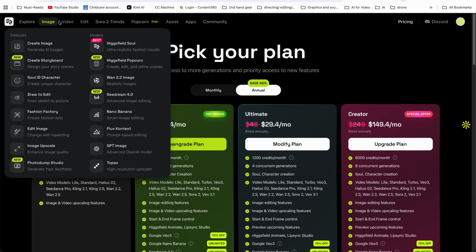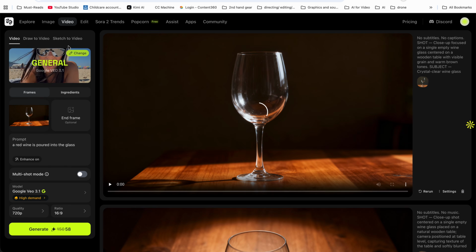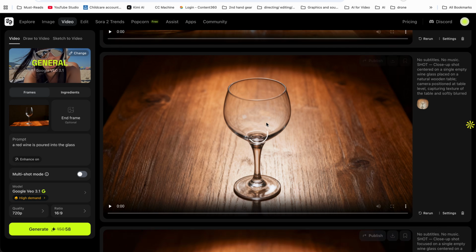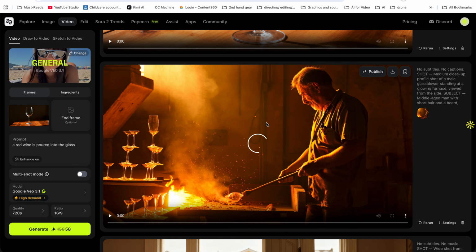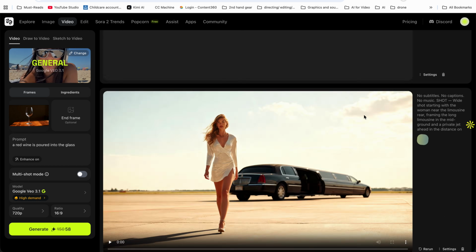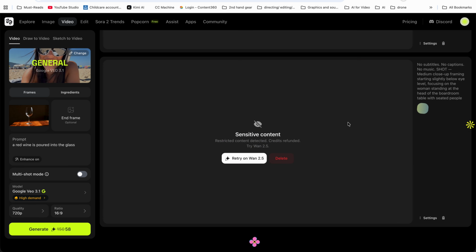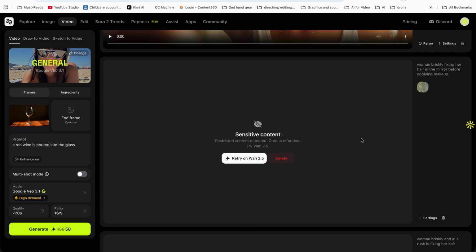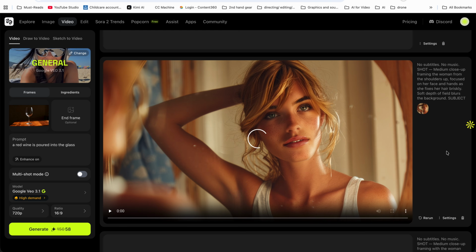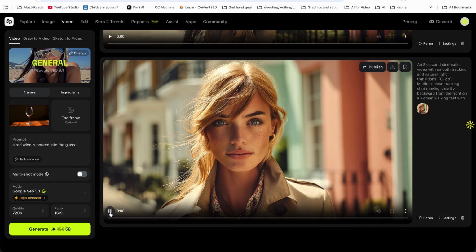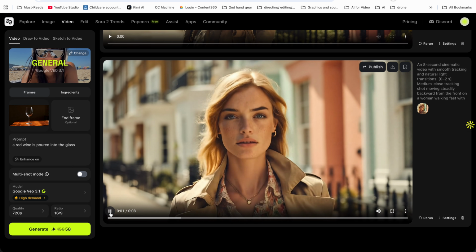And Higgsfield gives you a lot of functionality, a lot of features. And this is for another project, will be for another video on how you can actually use AI for real life projects. Anyway, back to the video. And as you can clearly see, I started generating a lot of the footage here, okay? And I wish they would have a grid display and you don't have to go one by one through all of this. And as you can clearly see, the first image that I shot was basically silence,